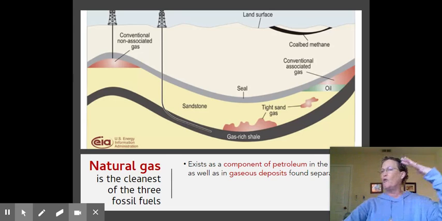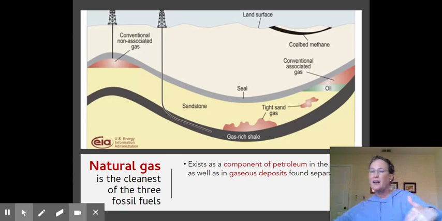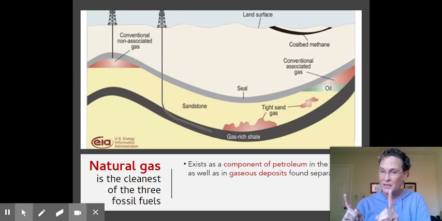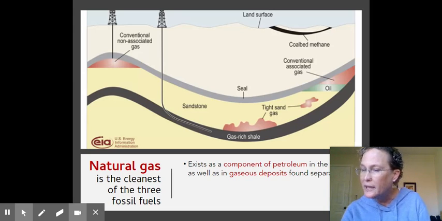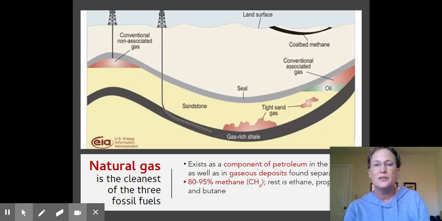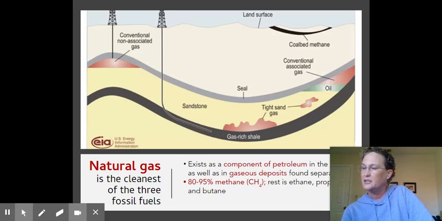And then just the whole cycle of everything. If you don't have oxygen, you add oxygen, you burn it. And it's just a whole cycle. You really want to think about it as a whole cycle. And it's a carbon cycle. Very important there. Okay, I'm going to keep going through this, and don't worry, we're going to get this again too. All right. So it's 80 to 95% methane, and the rest is ethane, propane, and butane. So when I say natural gas, I often just equate it to methane, and methane is CH4.